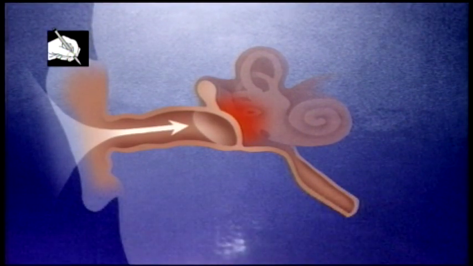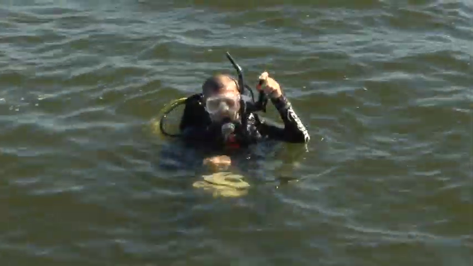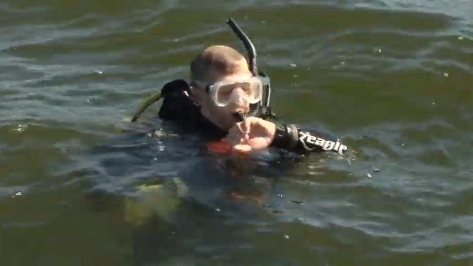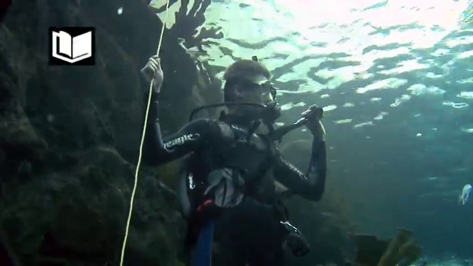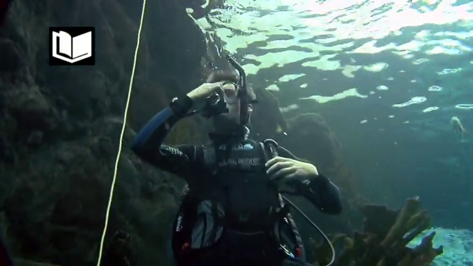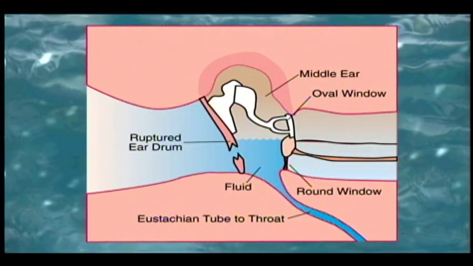A middle ear squeeze occurs when the air or water pressure in your outer ear is greater than the pressure in your middle ear. You equalize your middle ear by moving air from your throat through the eustachian tube into your middle ear. If you cannot equalize your ears during a dive, you must end the dive and return to the surface. As you descend, the pressure on your outer ear increases and pushes in on the eardrum. If the pressure continues to increase and is not equalized, pain will be felt. The eardrum flexes in to help equalize the pressure and can rupture, allowing water to flow into the middle ear to equalize the pressure.